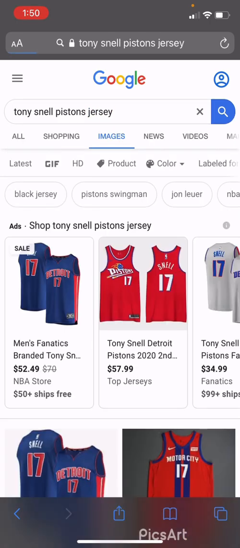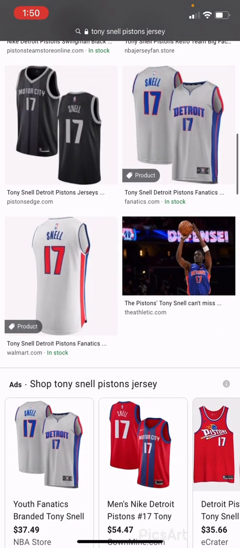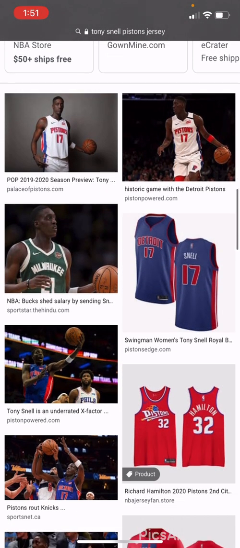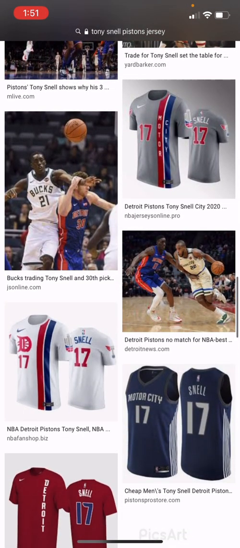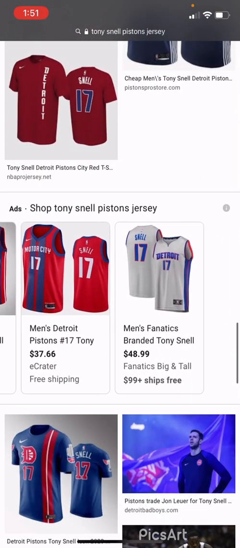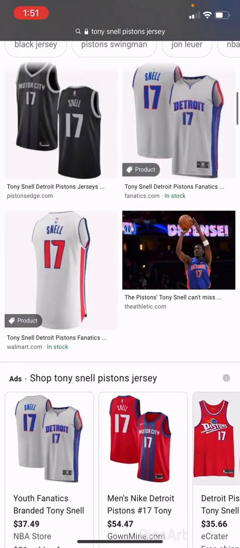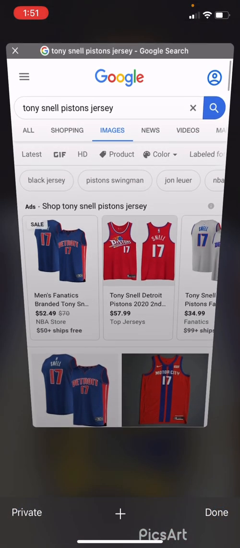Jersey. It said he wore 21. Okay, well, I guess he wore 17. Okay, well, in that case, if there isn't